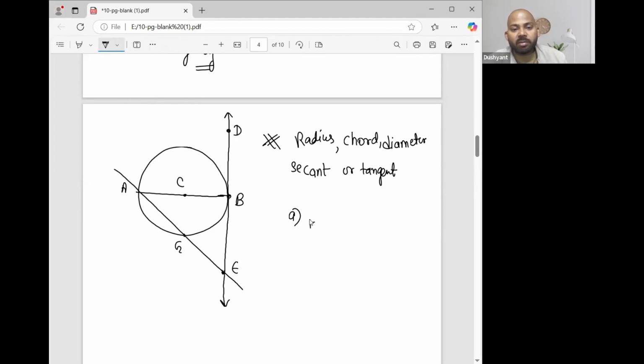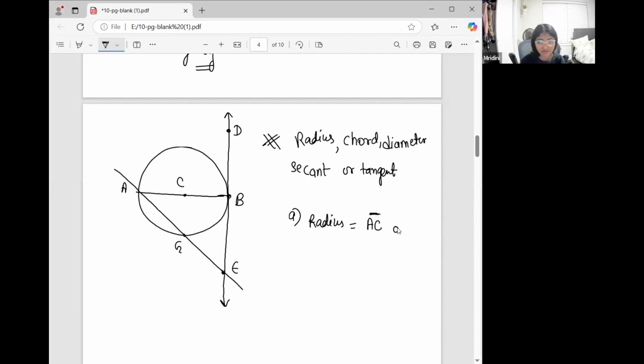So radius will be, we will write it in this way. This radius is a line segment, so that's going to be AC, and the line segment symbol will be on top, or CB. So write down very carefully. Next question is,